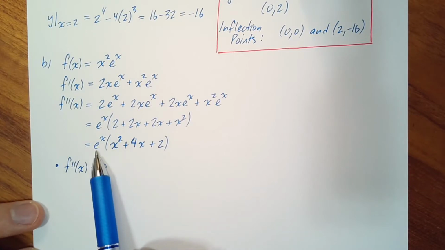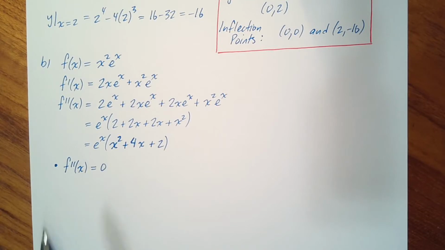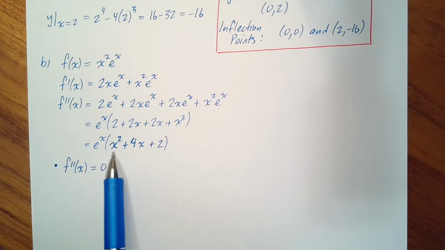Well, when either e to the x is equal to 0 or this quadratic is equal to 0. Well, e to the x is an exponential function. They're never equal to 0. The x-axis is a horizontal asymptote. They're always positive. They're always above the x-axis. So the only way f double prime of x is going to be 0 is if this quadratic is